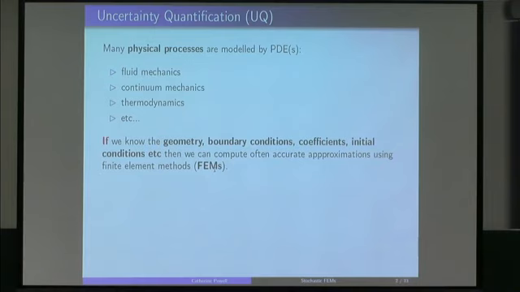But we know that we usually can't find the solutions to these problems exactly, so we're going to try and approximate the solutions somehow, and I'm going to focus on approximation schemes that are called finite element methods. They're quite widely used. And here's the killer. If we know all the things that go into those partial differential equations, the geometry of the domain, the boundary conditions, the coefficients, the initial conditions, and so on, then we have a whole field of approximation theory, numerical analysis, that we can use to get a handle on what errors we commit when we use finite element methods in our codes to approximate the solutions to those problems.